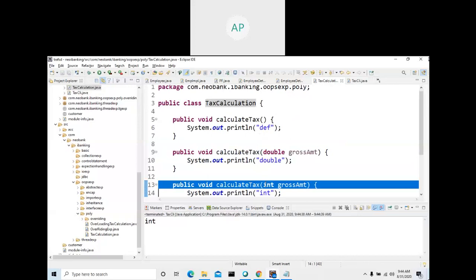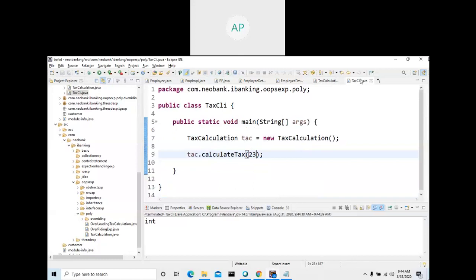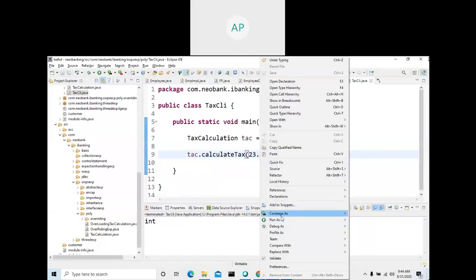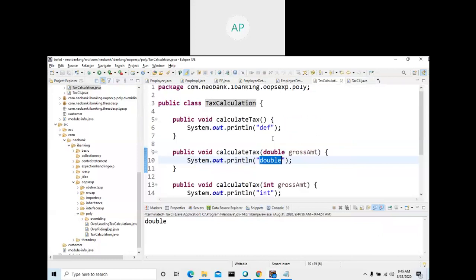This method has the intelligence and it calls this method. If I give a double number, 23.45, let's see what the output is. See, this method is called. The type is different, right? We are sending a parameter as a double, so it understood and calls this one. Integer calls this one.